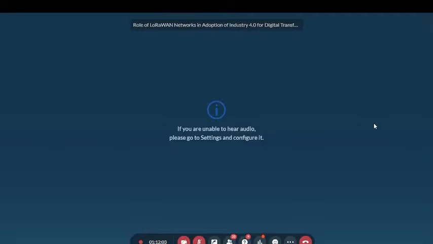The next question is, can we connect a home energy meter to a LoRaWAN gateway for remote monitoring? Which component do we need for that? For energy monitoring at home, first of all, the place you are living should already have a LoRaWAN network, because if it doesn't, then you first have to deploy a LoRaWAN gateway.